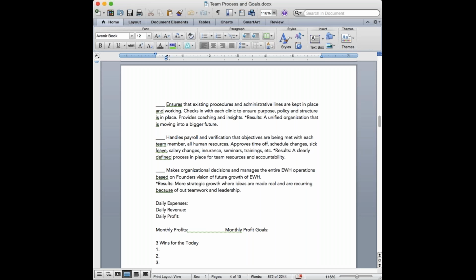All right, and that's really going to help you have a better unified organization that's moving into a bigger future. So second to last one, handling payroll, it's a big one for the office manager. They're going to verify that objectives are being met with each team member in all human resources. So objectives meaning,